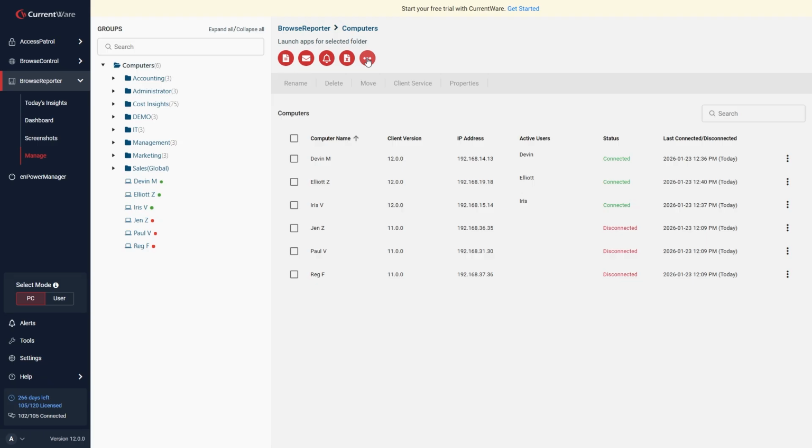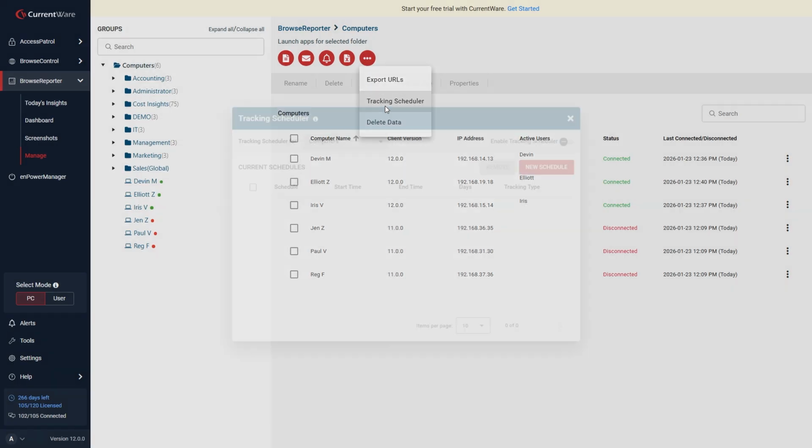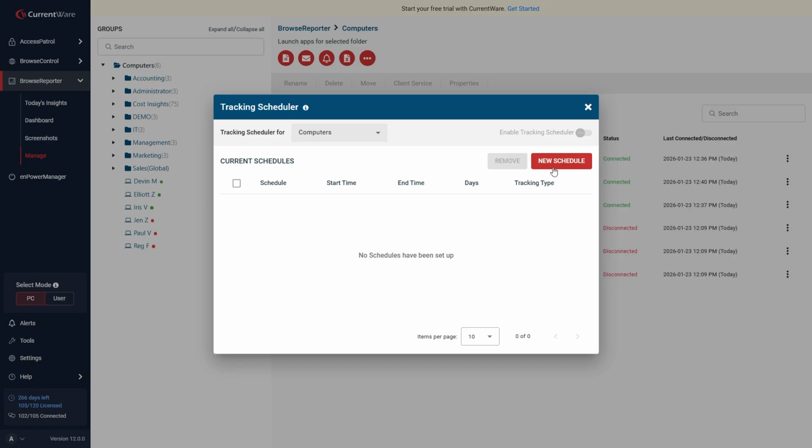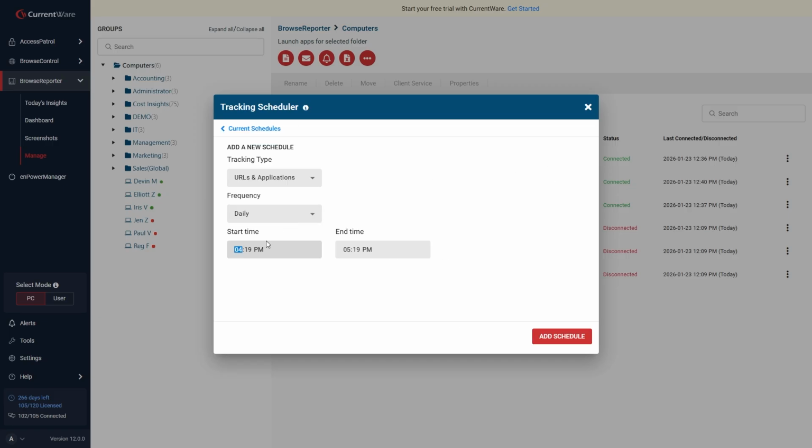For this example, I'll limit Browser Porter's user activity tracking to standard business hours of 9 a.m. to 5 p.m. only. This configuration could be used for allowing remote workers to privately browse the internet after work, or simply for limiting the quantity of data to more relevant time periods rather than collecting data continuously. Please note that the tracking scheduler also affects Browser Porter's email alerts. Here's how to limit data collection to business hours only. Open Browser Porter and set it to PC mode. Press the icon with the ellipses and choose the tracking scheduler from the drop-down menu. Select the group of computers you'd like to limit tracking for.